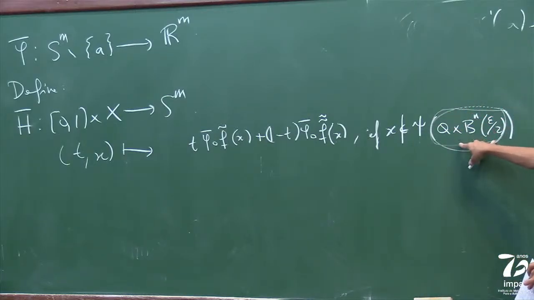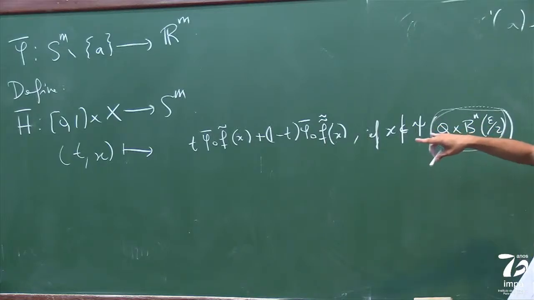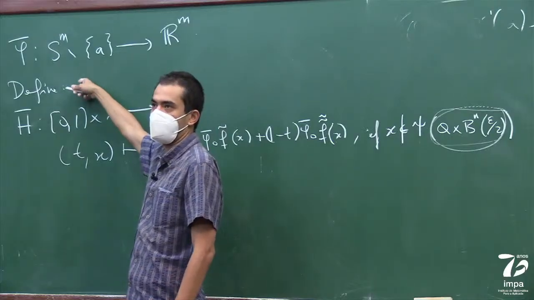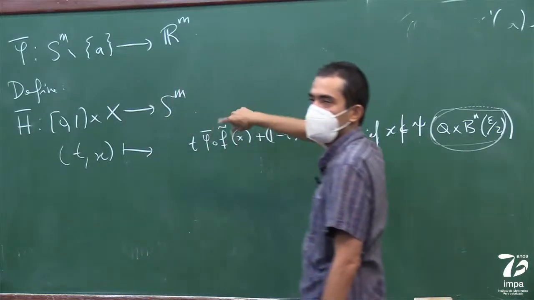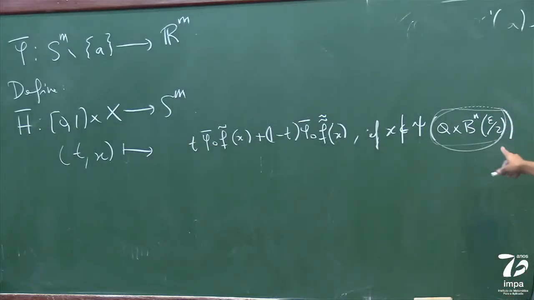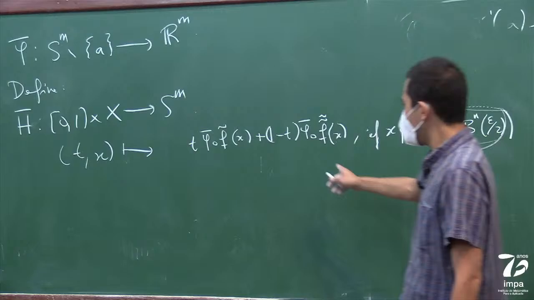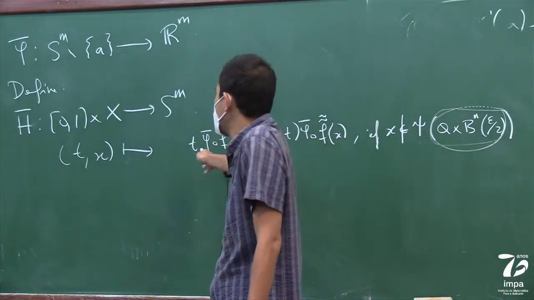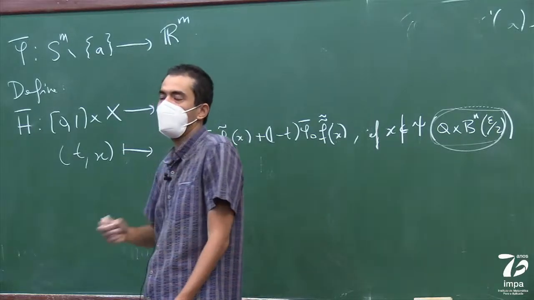If I'm not over here, then I know that I'm not hitting A, so I can use this other stereographic projection, and then I can do the linear interpolation there. And this is why it's very important that I don't hit A outside of this little ball, so that I can apply the stereographic projection, and it has to be well defined. And then now I can just brute force, because the worst that can happen is I can hit the 0 here, but the 0 here is minus A, and I don't care about minus A.